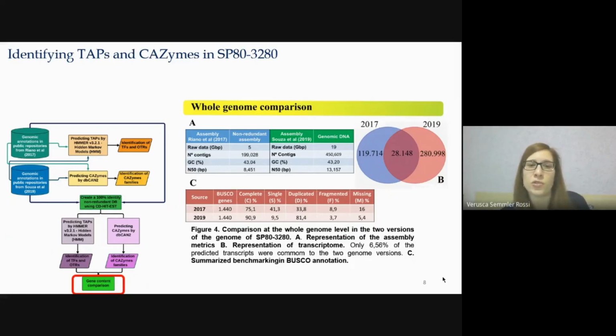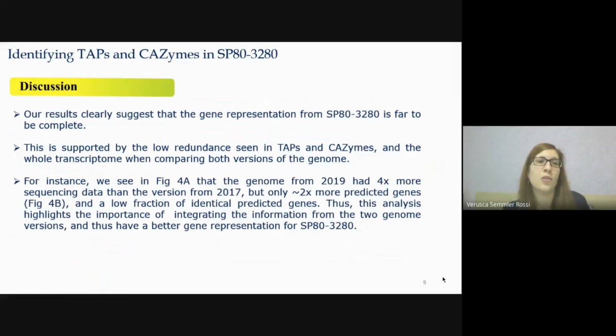And the figure C shows the BUSCO analysis. BUSCO is used to perform completeness analysis, searching for single-copy conserved genes within the assembly. Our results show clearly that the gene representation for SP80-3280 is far from complete. This is supported by the low redundancy seen in the TAPs and CAZymes, and the whole genome and whole transcriptome when comparing both